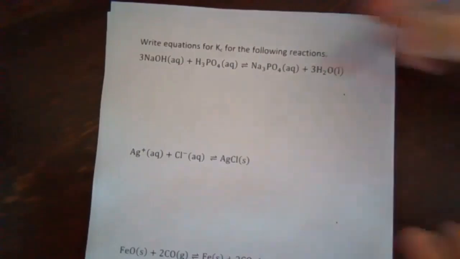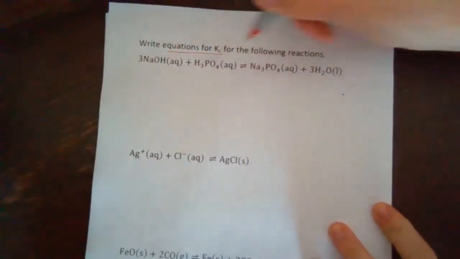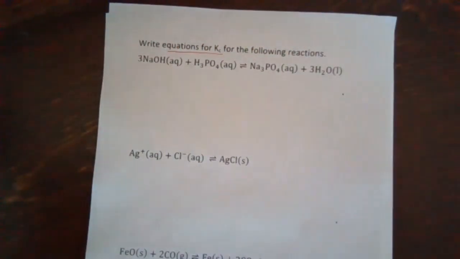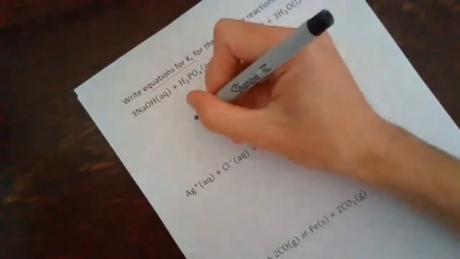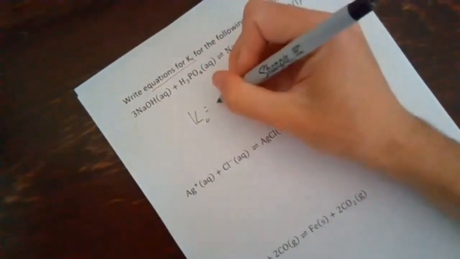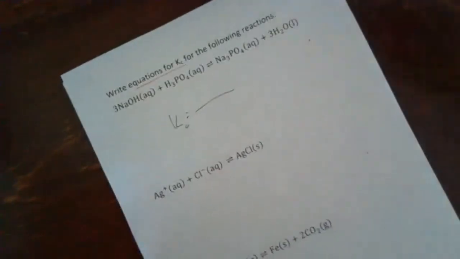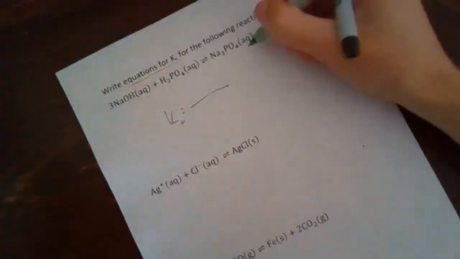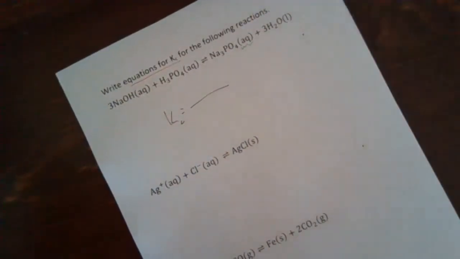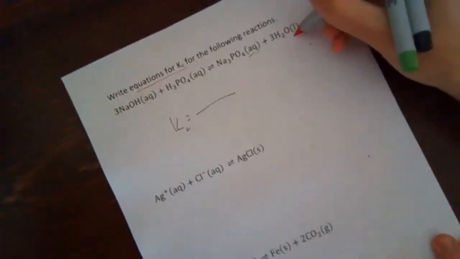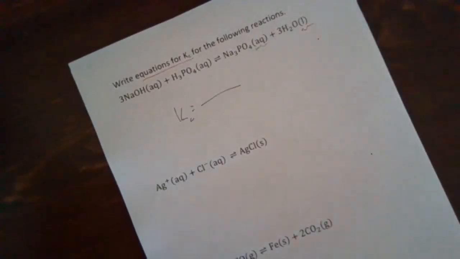All right, so again, we want equations for Kc. It's always going to have that same idea where I expect Kc to be a ratio. I'm going to put products over reactants. But now when I look at my products, I want to check their phases. So that's aqueous, so that means it's going to show up, but that's a liquid. Only things that are aqueous or gases are going to show up in my